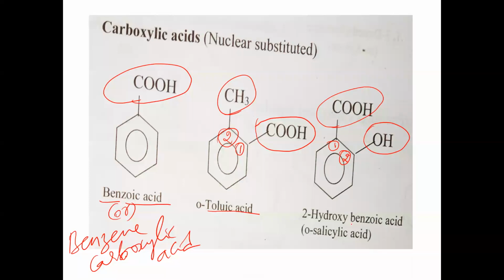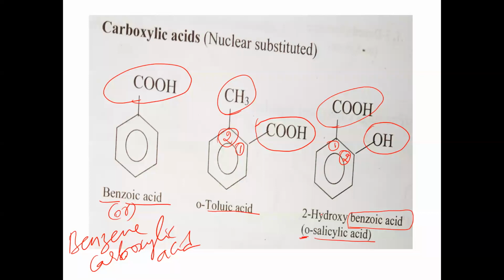So what is the actual name now? Benzoic acid. Benzoic acid is the parent compound. In this benzoic acid, a hydrogen atom is replaced by an OH group. At which carbon? Second carbon. On the second carbon, the hydrogen atom is replaced by OH. That's 2-hydroxy benzoic acid. This 2-hydroxy benzoic acid is also called